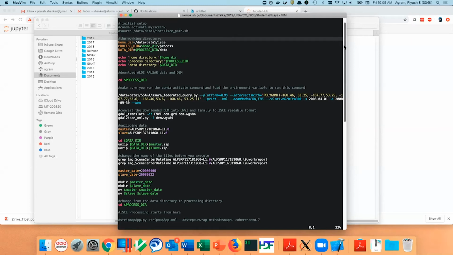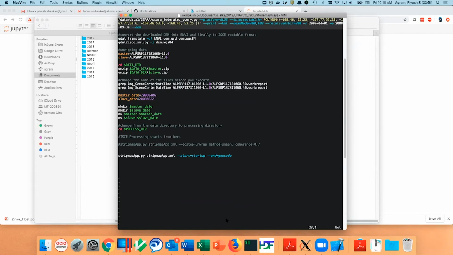The thing is, as you can see here, I would like to mention that I unwrapped both with SNAPHU and ICU. So it's not just one, because I wanted to try how it unwrapped and where the discontinuities are and so on. I wanted to ask, when we unwrap, do we have user control that we can give something like method equals SNAPHU over there? I don't know